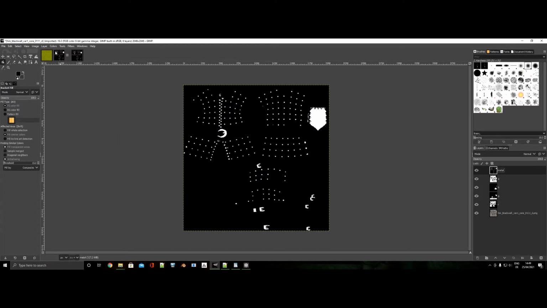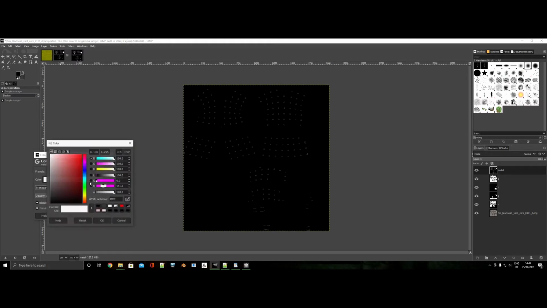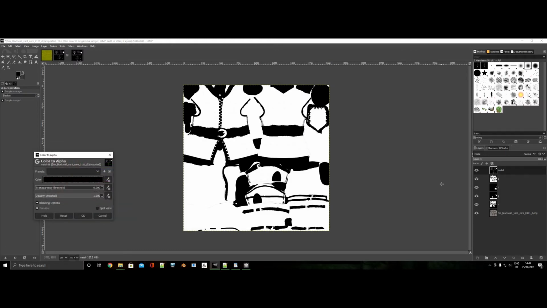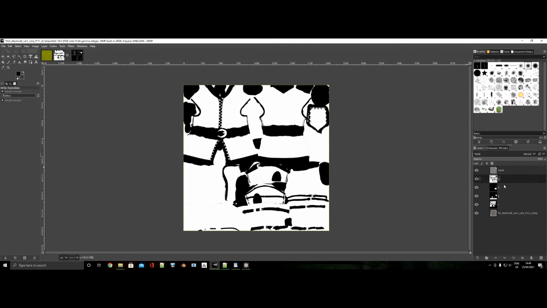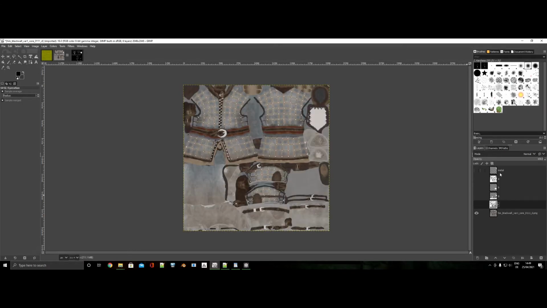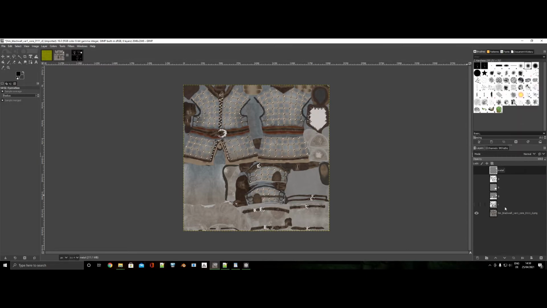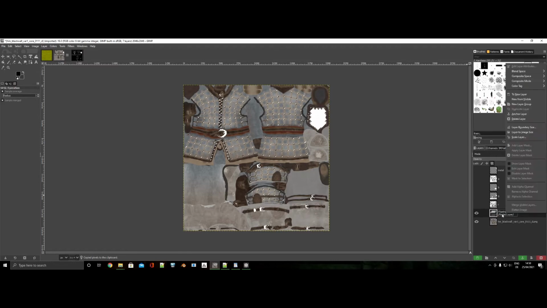For the specular broken down, we do want to copy the metal over to the diffuse. Okay, so now we go to color to alpha, change this to black. Okay, press Control F to repeat on each layer and put that down. So let's say first we want to change the color of the metal. Right click, alpha to selection, Control C, Control P,